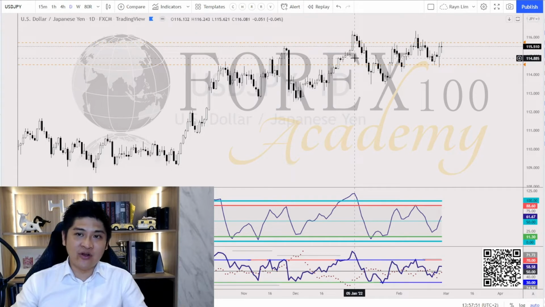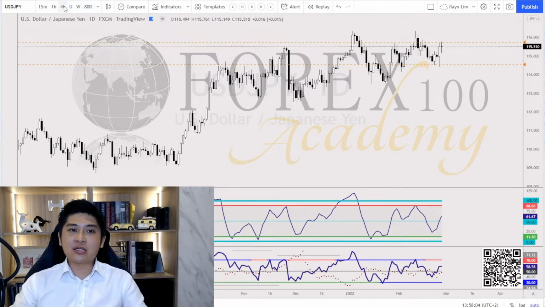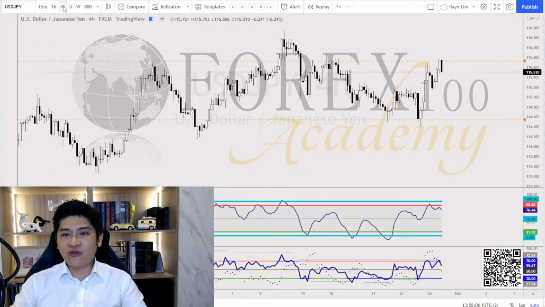So this is a very important setup, and of course when you see consolidation, traders will be looking for harmonic pattern trading opportunities, and I'm not saying that that's the only opportunity you can look into, but that is definitely one of them. And if you head down to the 4-hour chart, on the 4-hour chart we can see an